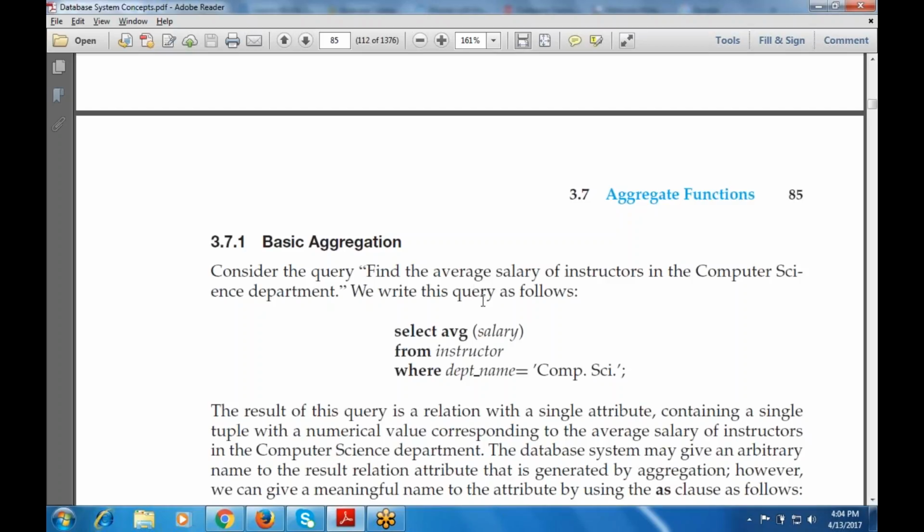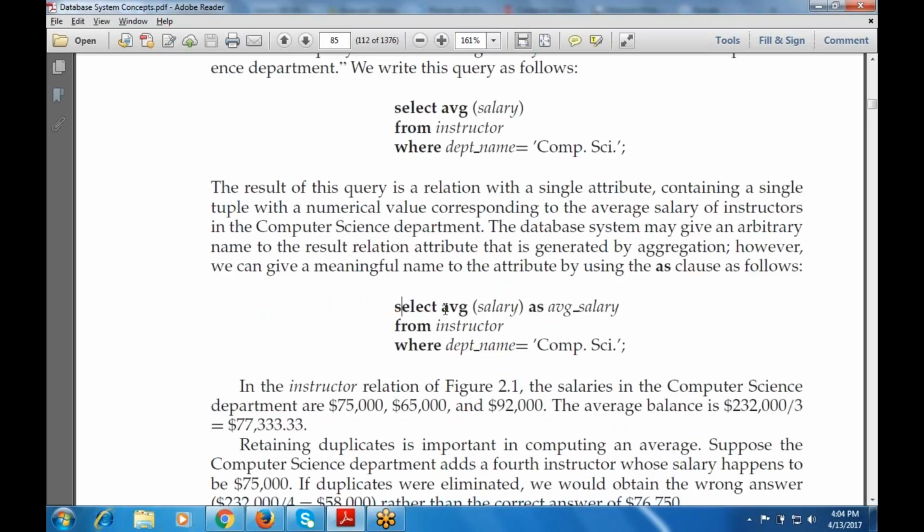The result of this query is a relation with a single attribute containing a single tuple, that is a single row, with a numeric value corresponding to the average salary of the instructors in the computer science department. The database system may give a name to the result relation attribute generated by the aggregation. However, we can also give a meaningful name to the attribute by using the as clause, that means changing the name. So: select AVG(salary) as avg_salary, where the new name for the field is avg_salary,